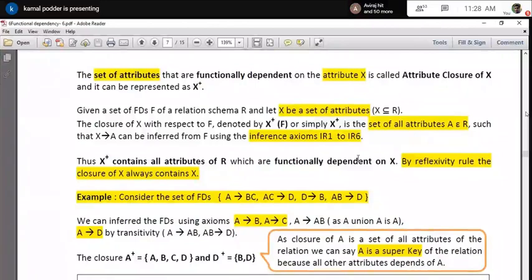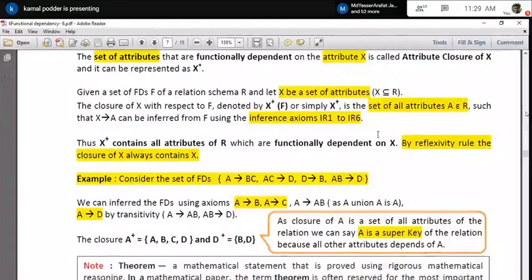That means, suppose we have an attribute X, okay, and you got a set of attributes Y, Z, W, maybe 3. Okay, and you find that YZW is functionally dependent on X, then you can say that the closure of X is YZW. Okay, that 3. Okay, so there is a way to find it out. There is some algorithm that we will discuss. Okay, and it's a very simple algorithm with the help of which, if we work out some examples, you can understand how we can easily find out that particular closure.